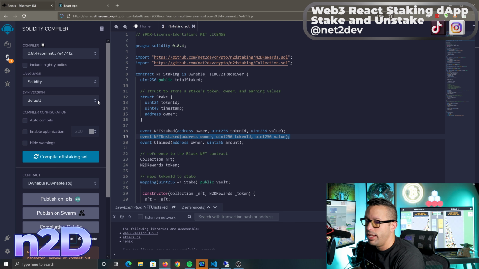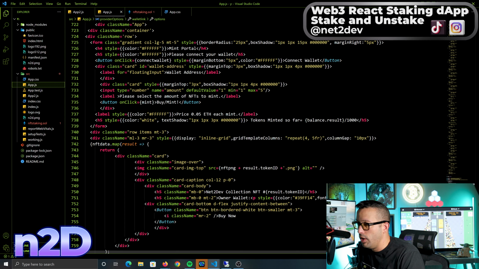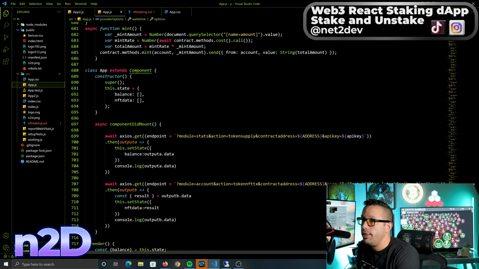I already have the ABI for the NFT collection. If you need to know how to do that one, it's literally the same thing that I'm going to do here with the NFT staking smart contract, okay? So next thing I'm going to do, I am going to head to my Visual Studio Code, and let's go